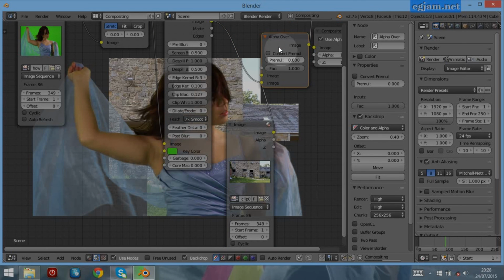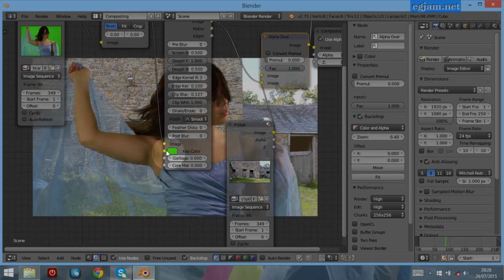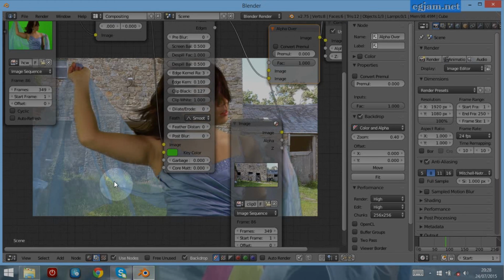Press shift click and we'll see what we have. And there we go, our model is now casually overlaid in front of a barnyard farmhouse thing, which is all very nice. But you can see the problem that we were going to have with the transparency on the model. The green is showing through, and so the background is showing through the model. So now we need to fix that with our core matte,